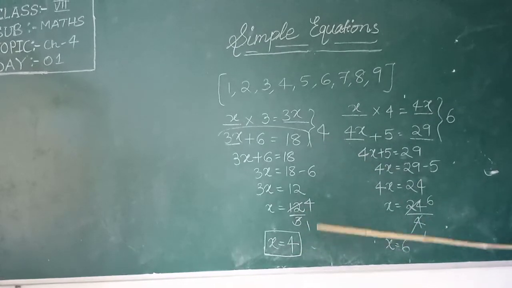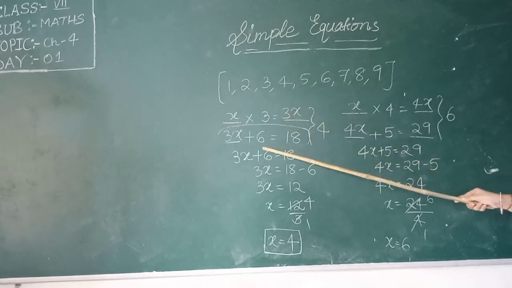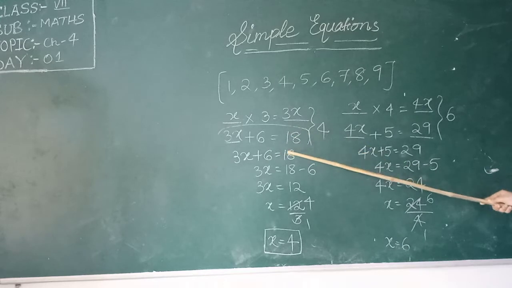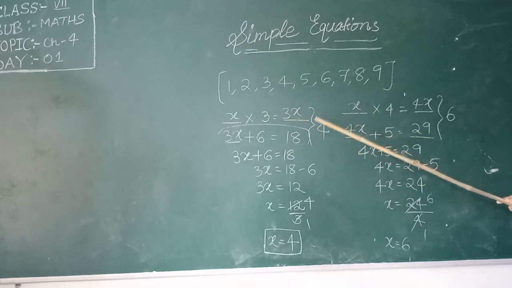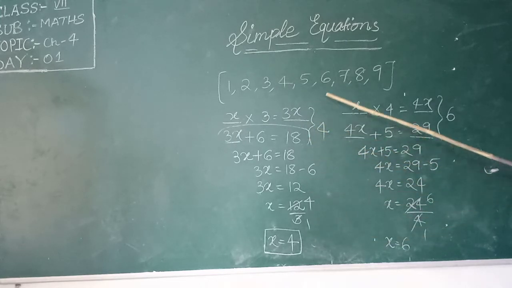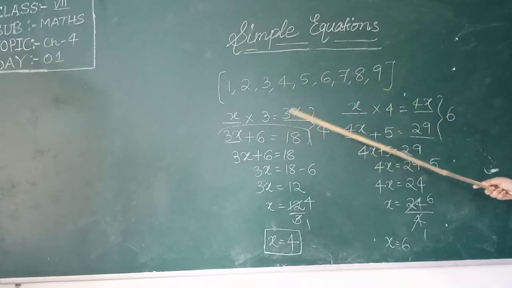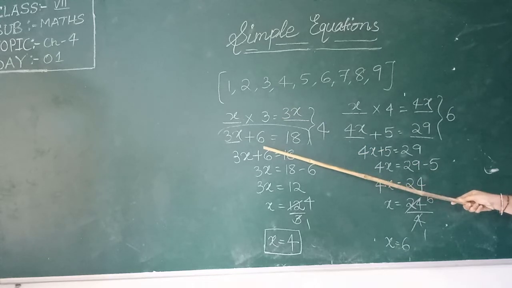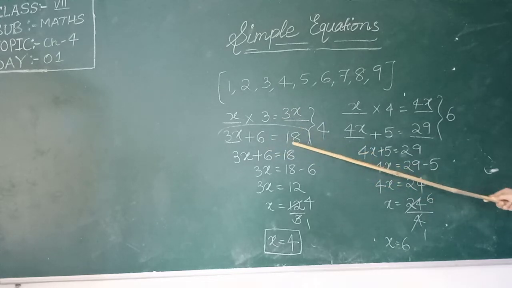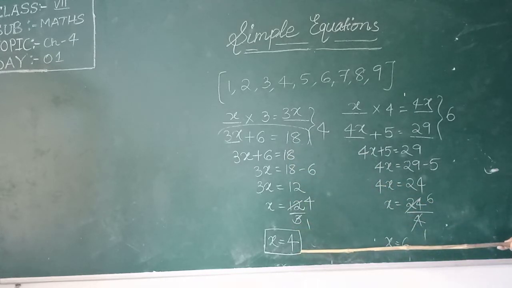So in this process I told that the number you multiplied with 3, if you add 6 to that product and the result is 18, then the number you chose between 1 to 9 is 4. You can take any number, multiply with 3, and after you get the product, add 6. Whatever result you get, write it here and solve the equation. The number you thought in your mind, that answer you can display here.